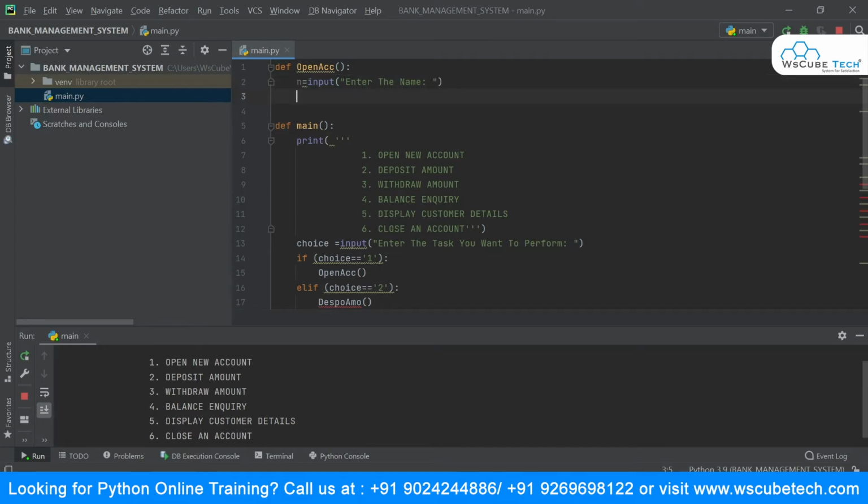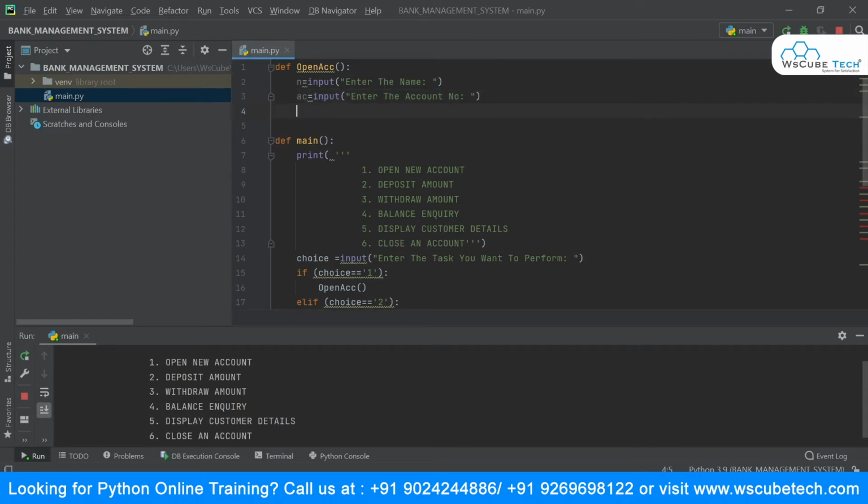Then our second field was the account number, so I will say account number is the variable name, equal to input, enter the account number. Then the next field is the date of birth, so we'll say db is equal to input, enter the date of birth.